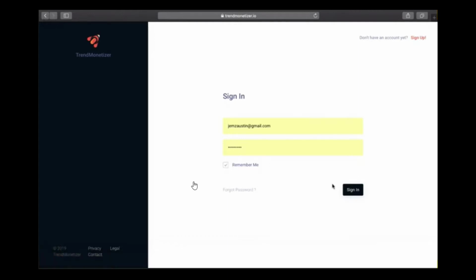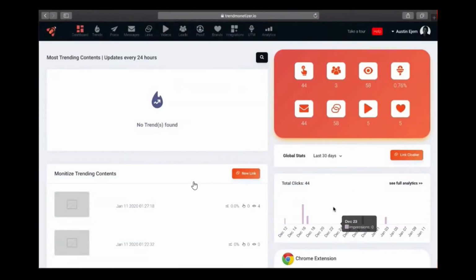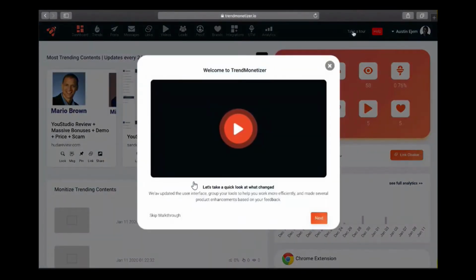Whether hijacked or not, can as well be shared instantly or scheduled for later by the user. Okay, so let me log into a user's account. So on the main dashboard, users can click on the Start Tour link to see the overview video, which helps the user understand where things are.